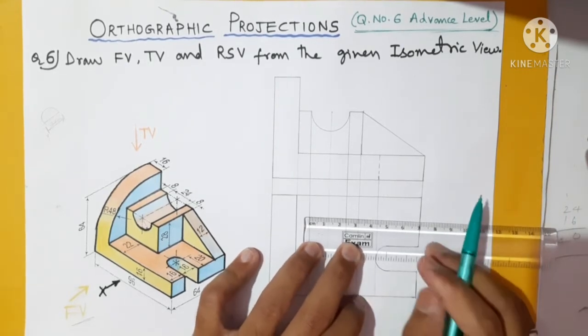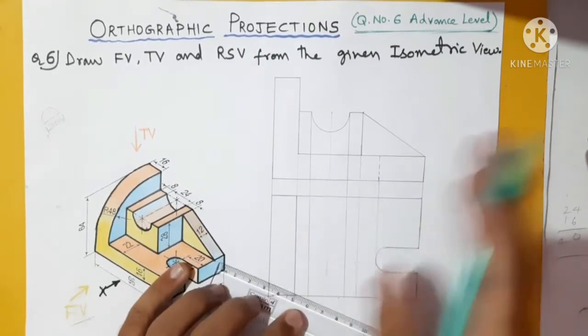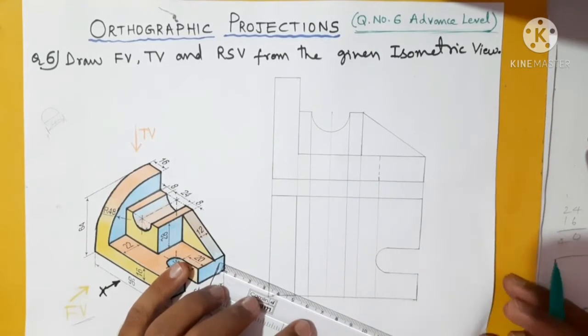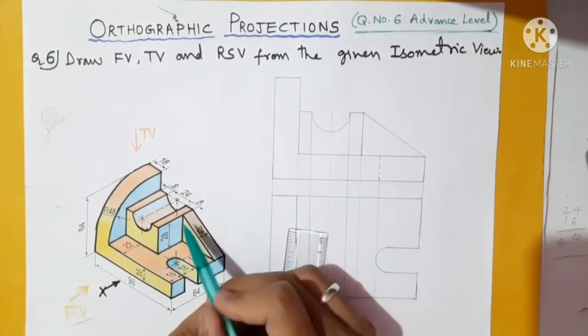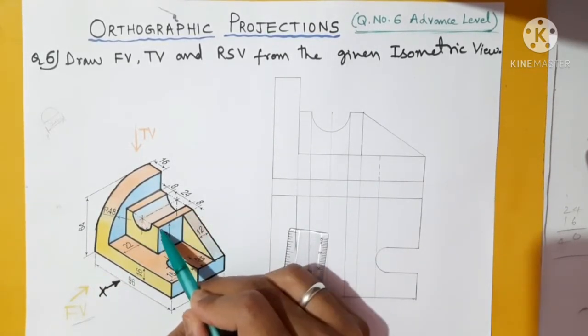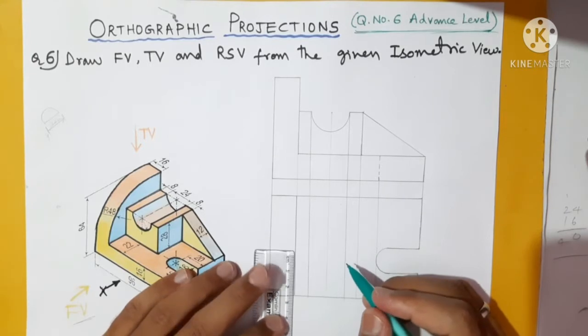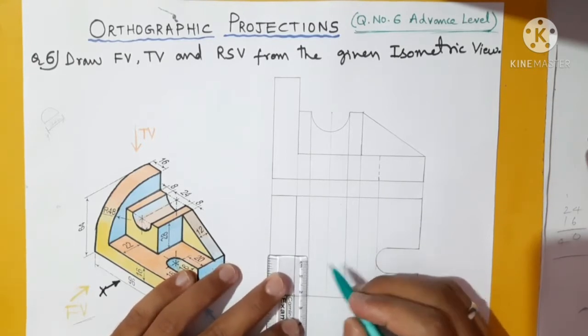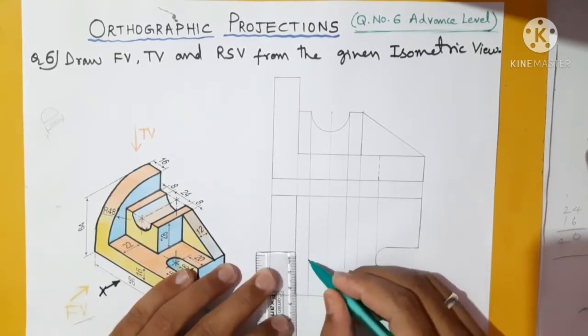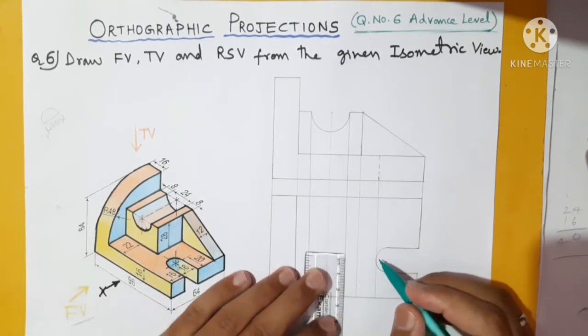No, it doesn't matter. With the help of a drafter you will be getting the exact diagram, and less than half mm error will not be visible much. And in this direction they have not given how much it is, but here they have given that before the end it should stop at a distance of 22. So from here we will put a mark or a point at a distance of 22 from this end. So here is the end point for all other lines.